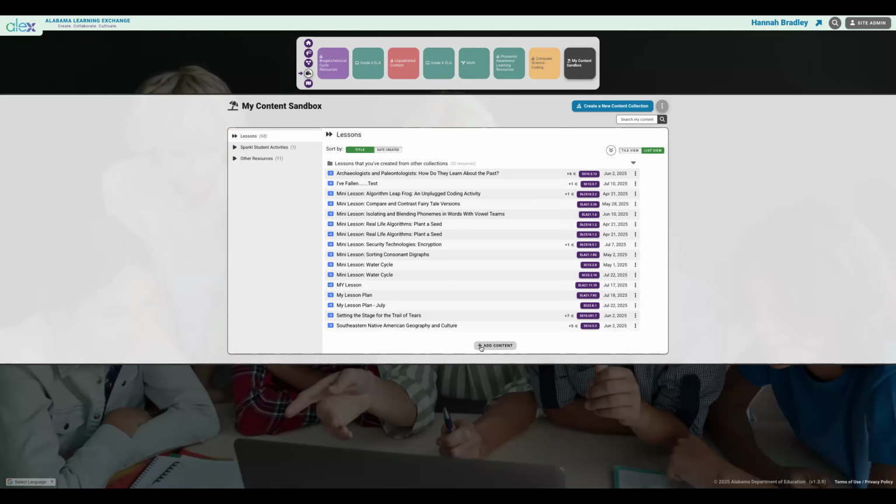And we said, number one, depending on the size of your device screen, you may have to scroll down to the bottom. If you have your window really zoomed in, or really zoomed out, you may not be able to see this at the very bottom. So you may have to go back to just normal view, but you're going to look for that add content.